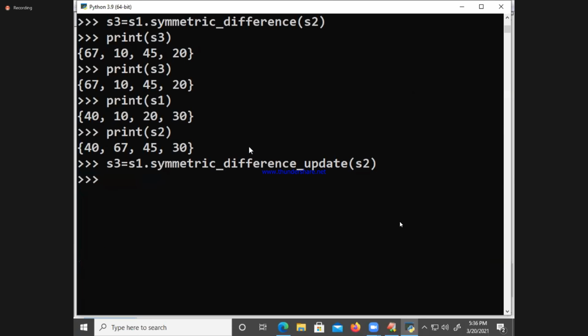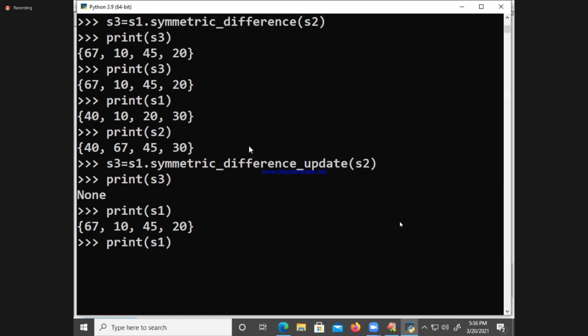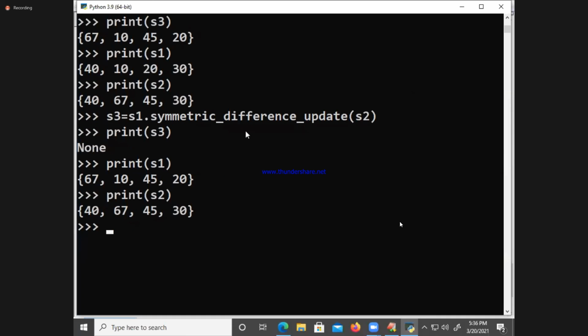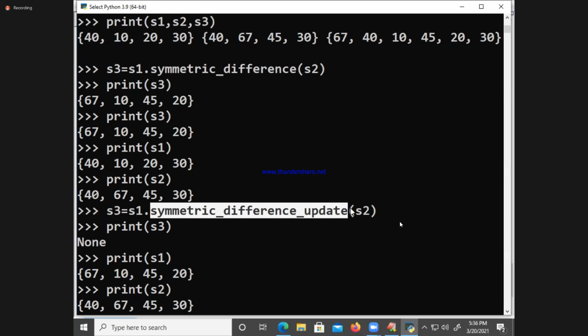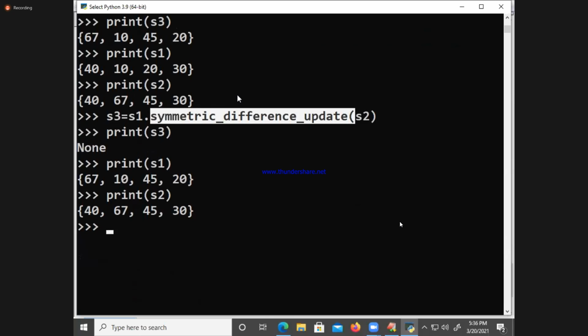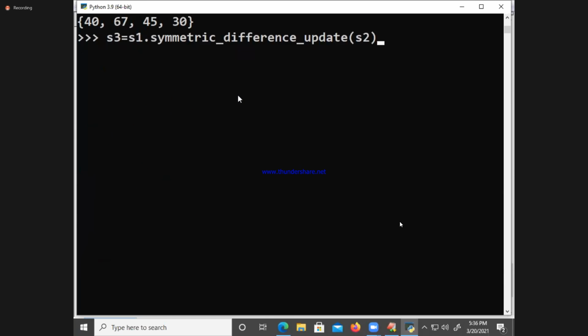Underscore update. There is one more method also called update. One minute, I will give you clarity. Of S3, S1, S2. Let me give the explanation of this part again, rolling back my explanation once.